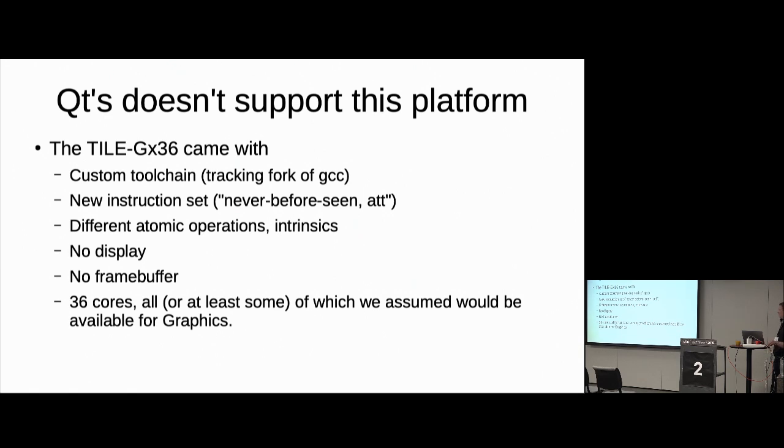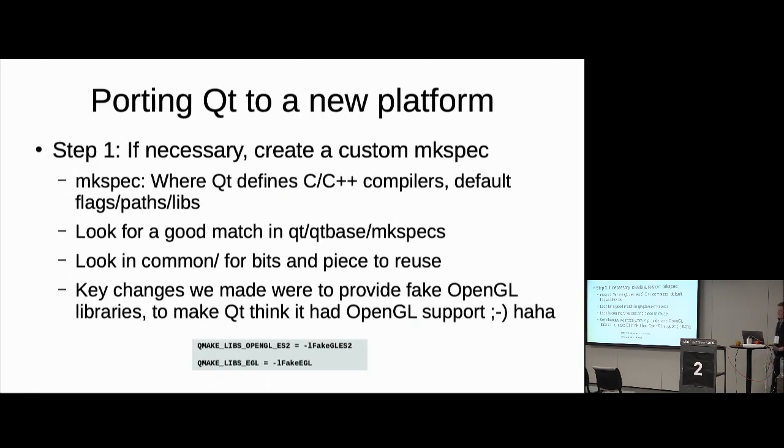There's no display, as I said, no frame buffer. And there's 36 cores, which is cool. I mean, all of which we assumed could be available for graphics. So that sort of sparked the very enthusiasm in us. Can we make use of 36 cores? We assumed. So the first thing when you're porting Qt to a new platform is that you need to investigate